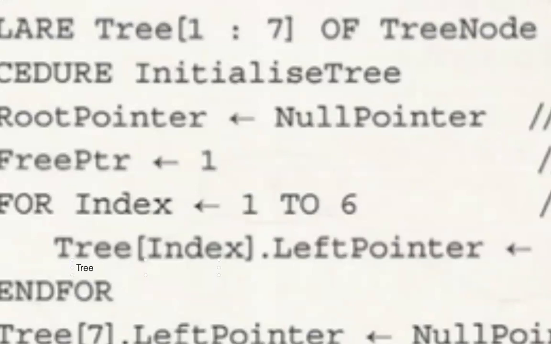Tree index dot right pointer assigned with null pointer. We can do this right here. So in this loop right here, we're taking care of the right pointer as well. So what happens is that when this procedure is completed, leftwise, if I'm at the nth position, I'm connected towards the n plus first position. First connected to second, second connected to third, sixth connected to seventh, and the final seventh node is connected to